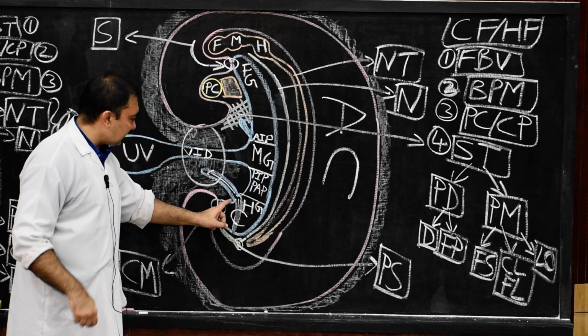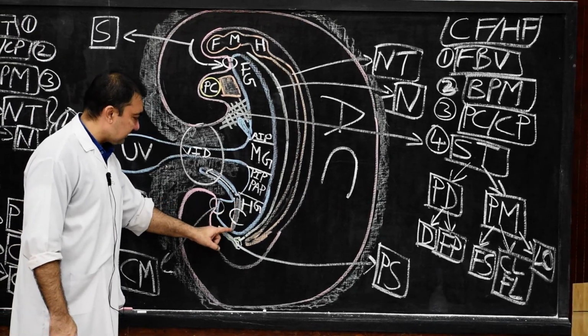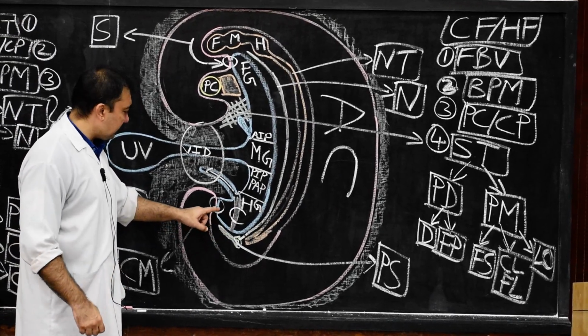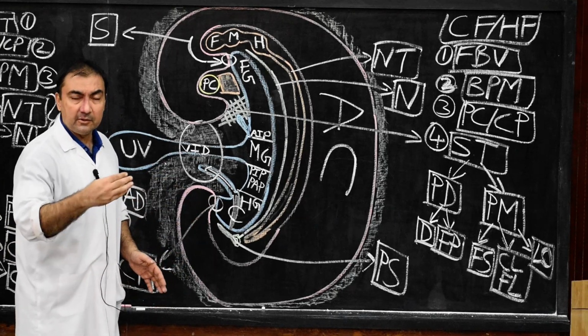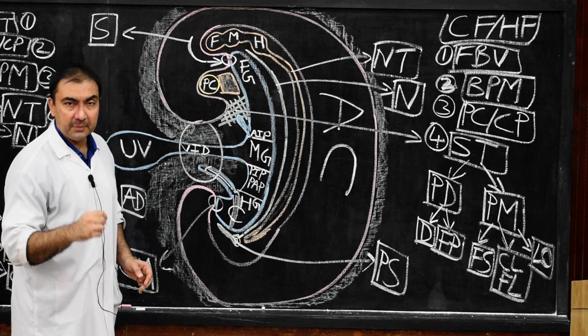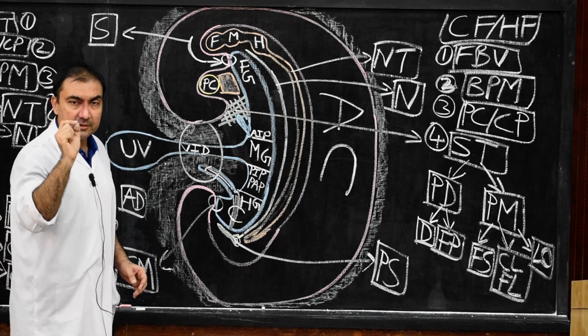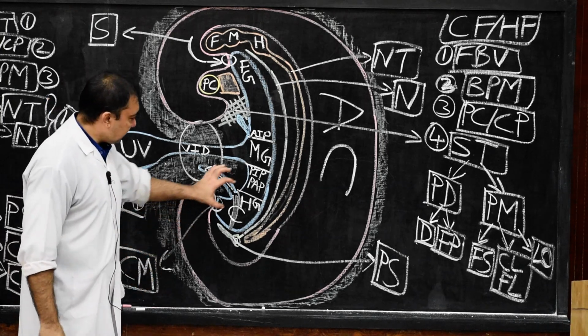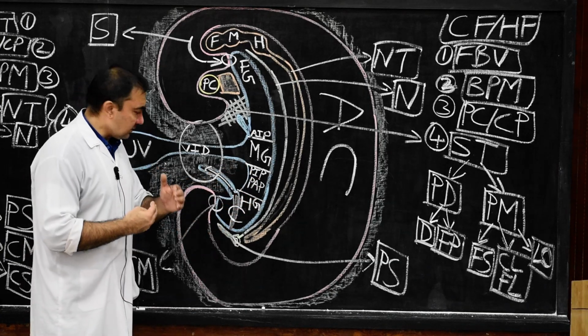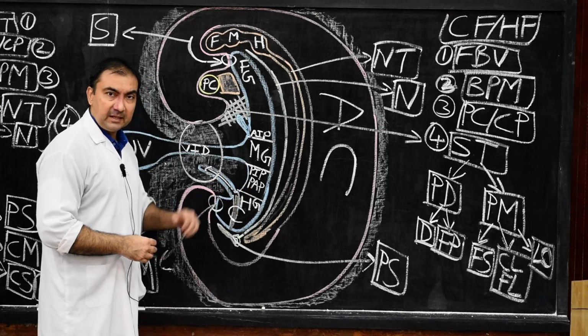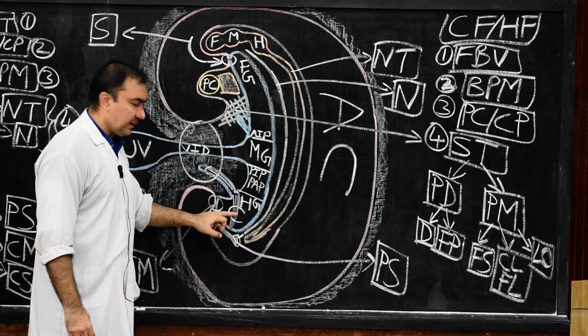Now in this cloaca, later on there will be development of the urorectal septum, which will divide the entire cloacal membrane into two parts, the ventral urogenital membrane and the dorsal anal membrane. But here is one statement you need to note down.